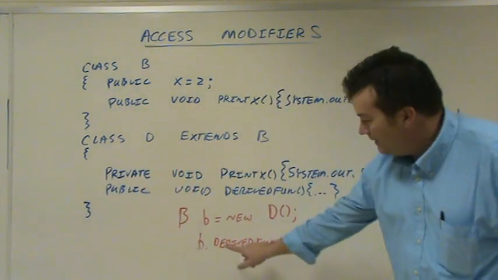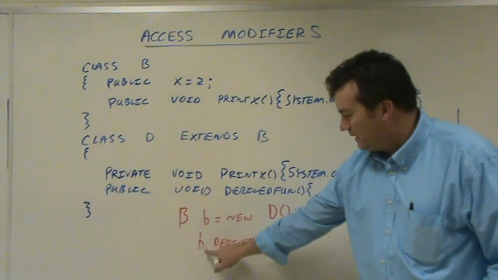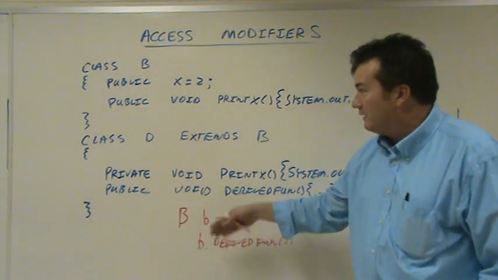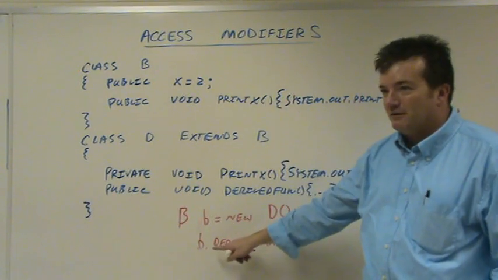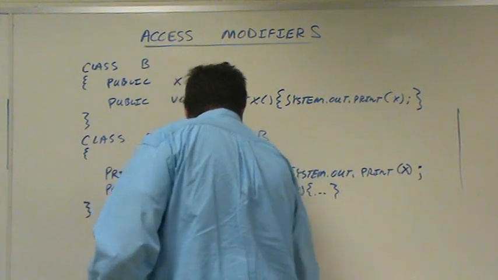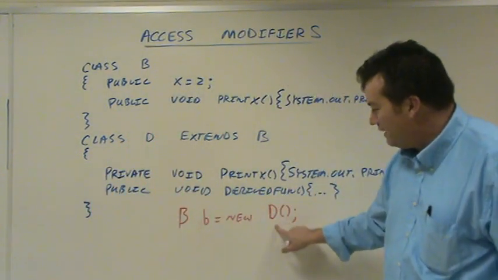We can't call that. Even though b refers to a derived object, the compiler doesn't know that. All the compiler knows is this thing is referring to something of the base type. It can call base functions. It can't call derived functions. Okay. Now, suppose we took a base reference referred to a derived object